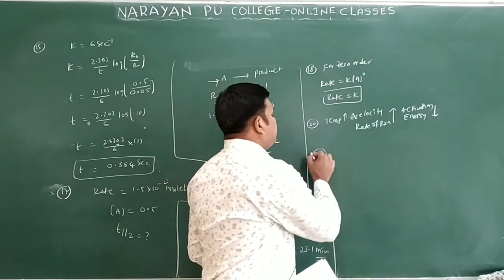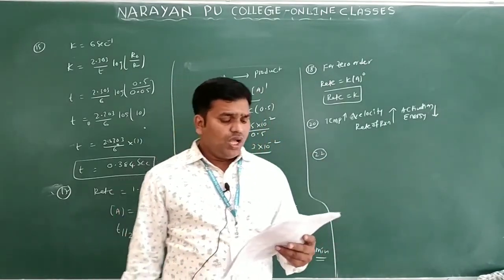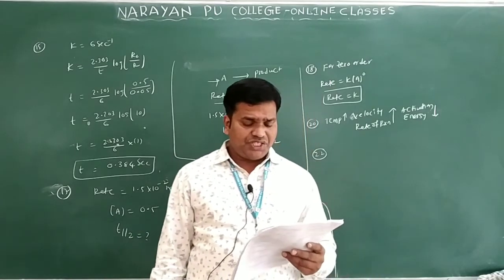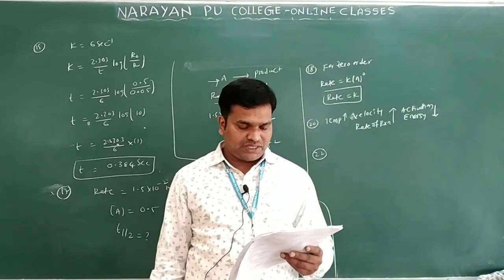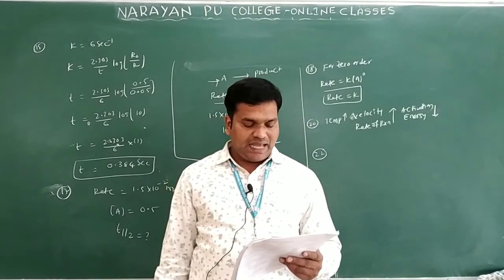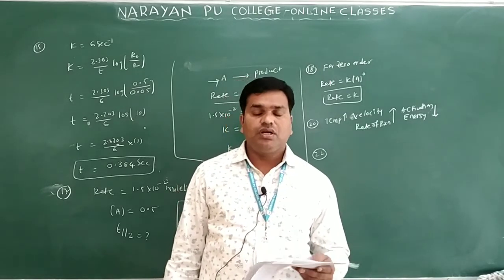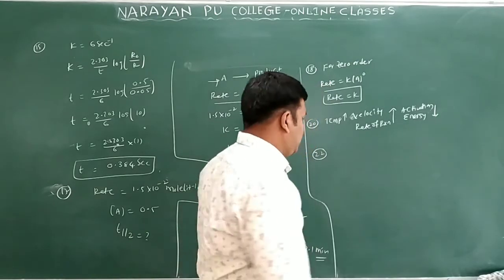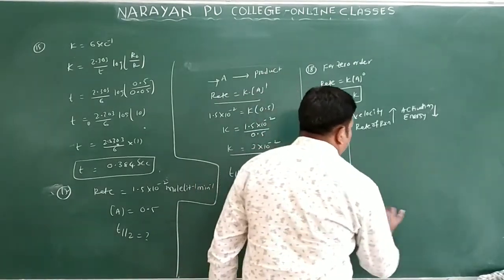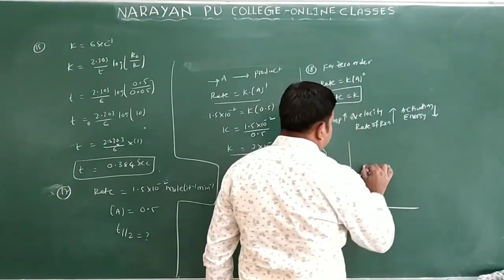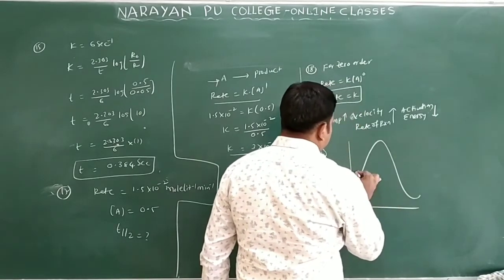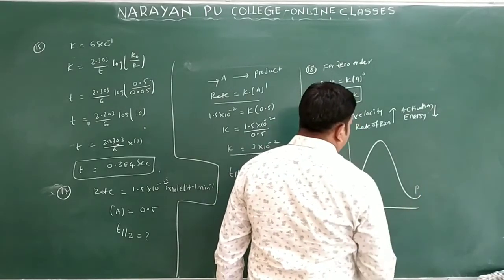Now question number 22. EF and ER are the activation energies for the forward and backward reactions, and the reaction is exothermic. Now what relation are they asking here? If we take an exothermic reaction, suppose I want to write here reactants are converted into products. So this is reactant and this is the product.